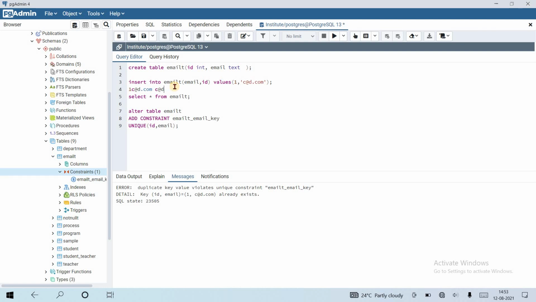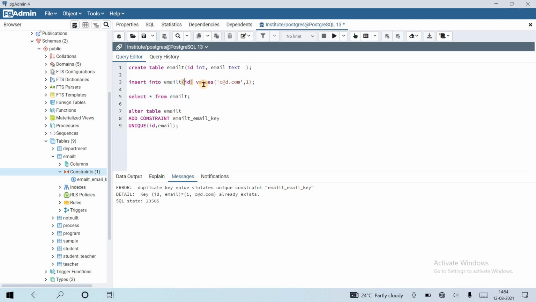So let's try now, email first and then id. We are inserting email and then id, but this also gives an error. There is no difference; this is the same case here.